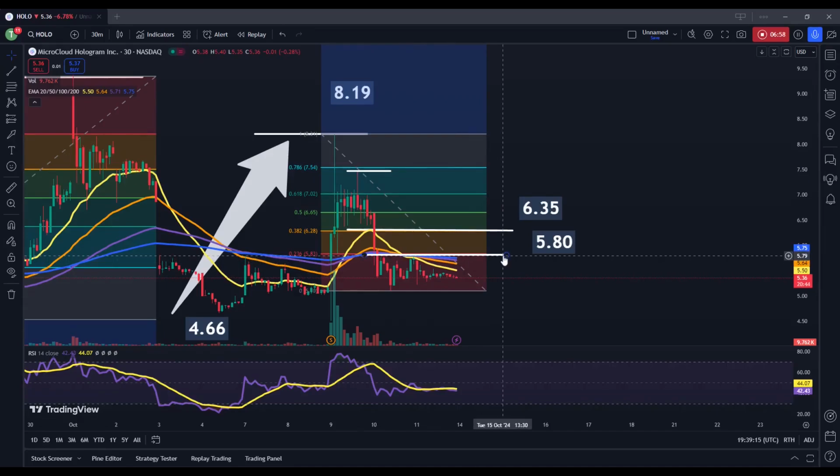So, the first signal that I would be wrong here would be a break above 5.80. If you break above there, I think you could be looking at roughly 6.35. And then if we do see a break above there, you're looking at right around $7 or $7.50. These would be the next significant price zones, because you do have some resistance here as well, right around that 61.8% Fibonacci retracement zone. So, here are a couple of areas to watch to the top side, if we do see some breaks there. These would be sort of the follow-through points that you could expect. But I just want to make it very clear: nobody should be buying this stock. These are not buy recommendations. And my personal opinion is that you're going to see a break below $4 before you see a break above